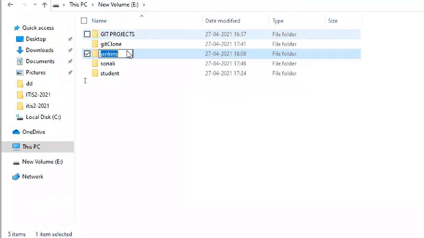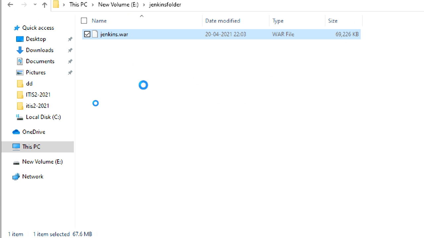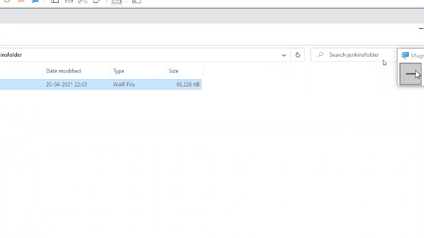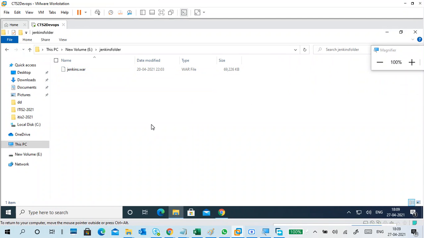All Jenkins-related files or folders we can put in the folder, or Jenkins is enough. Now paste here. Okay, has it pasted? Is it taking time or did I already paste? Oh, it is working faster.